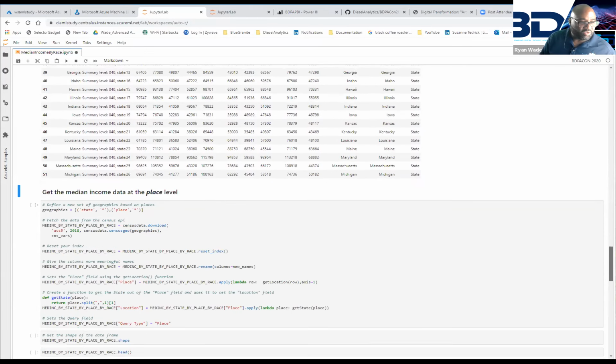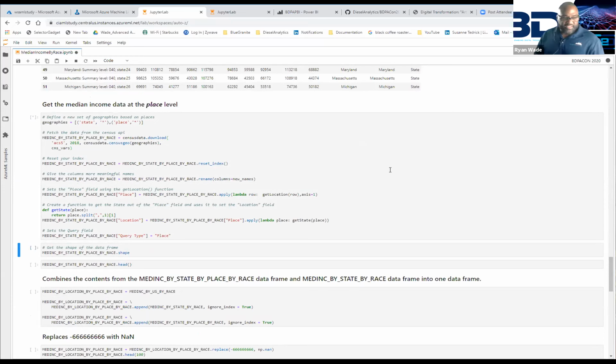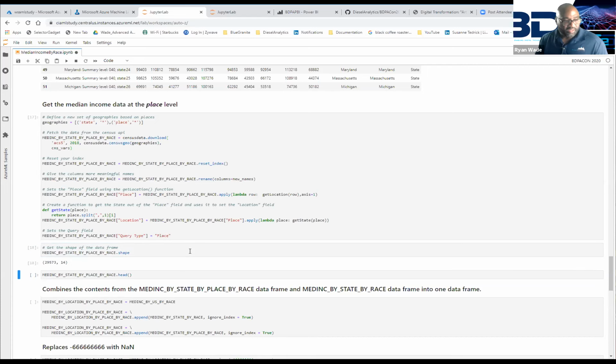And then we need to do the same thing at the place level. That's going to take a little bit longer to run because we're doing it for the majority of the cities and towns in America, and that's going to give us close to 30,000 records. So it did the API call. This code sent the call out to the Census API, retrieved the data, and now it's in a nice data frame. If we use the shape method of this data frame that we created, you'll see that